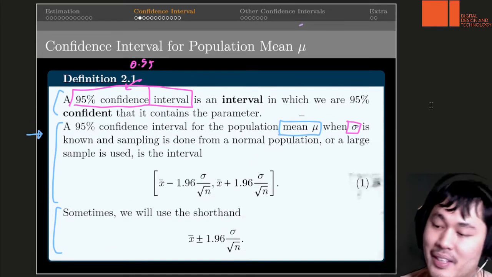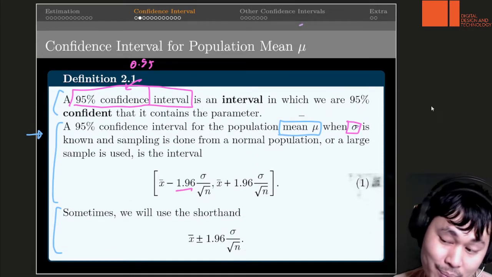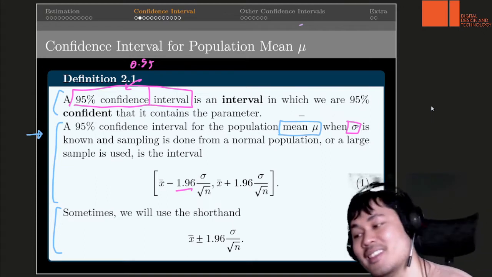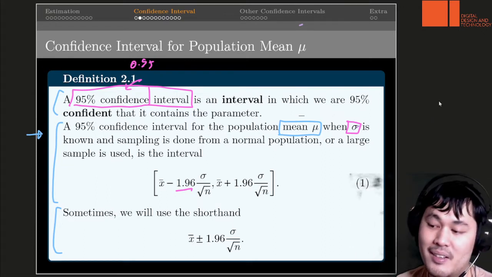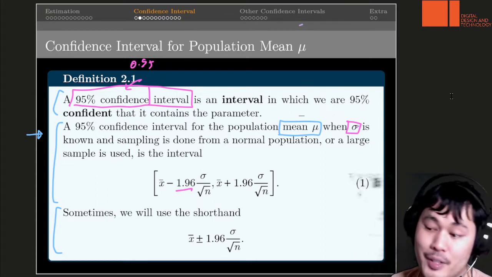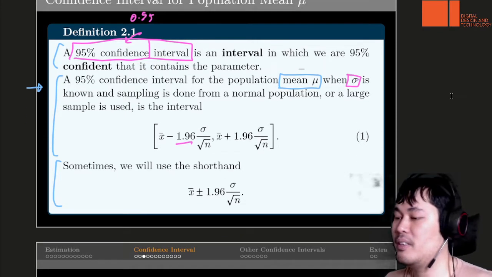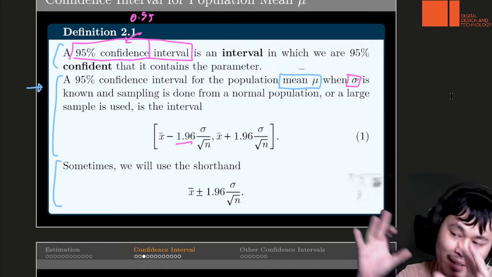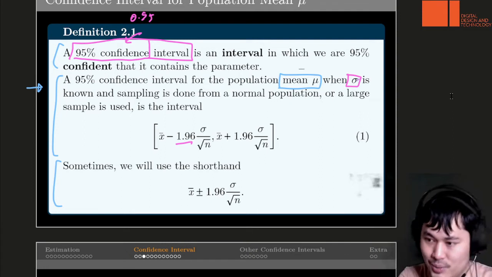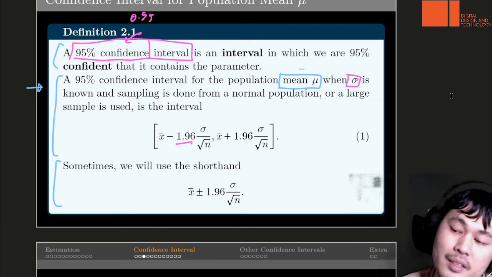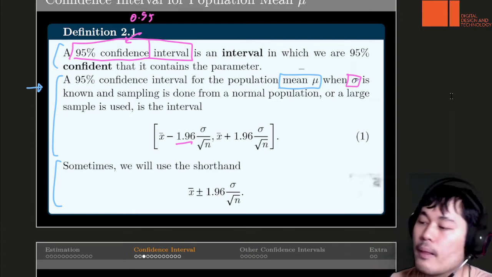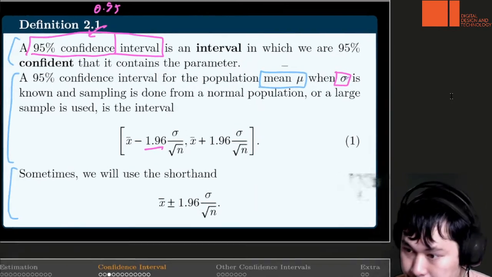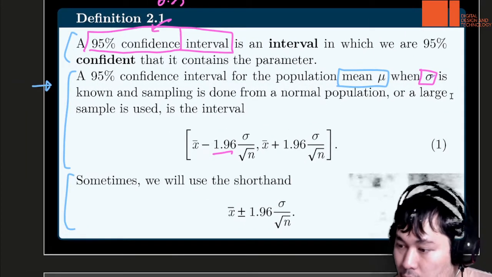There are lots of variables, and there's this mysterious number 1.96, which we will discuss later on, where that came from. But for now, if you just want a single formula where you can plug everything you have from the problem to get the answer, this is a formula for you. And this formula is the closed interval,